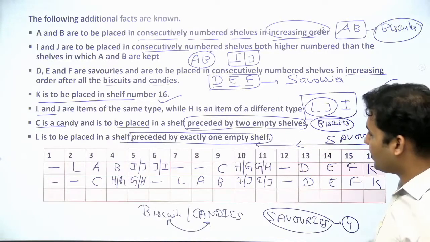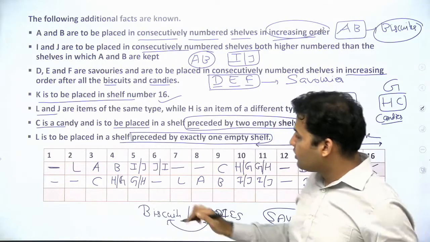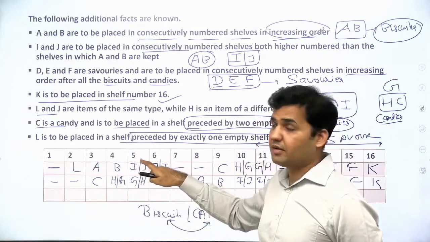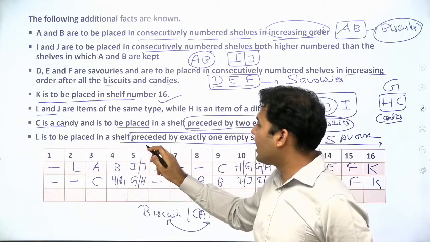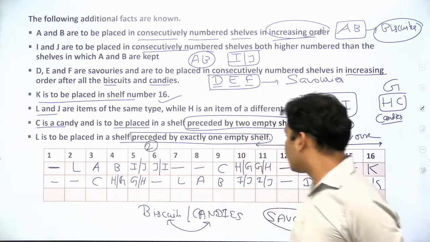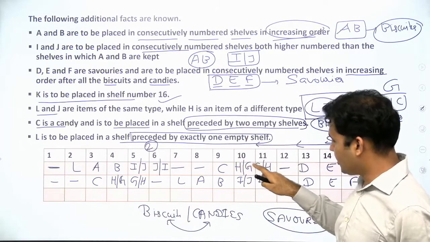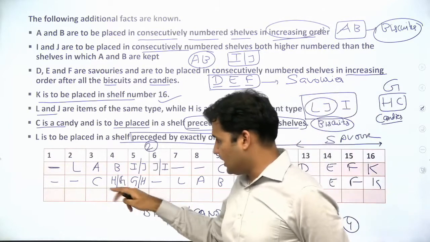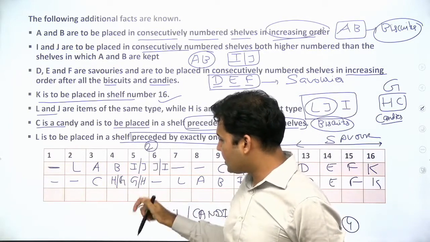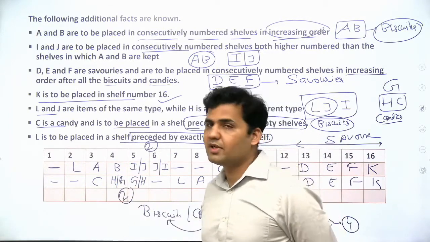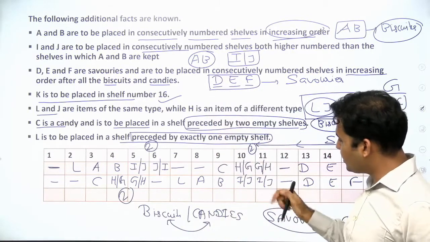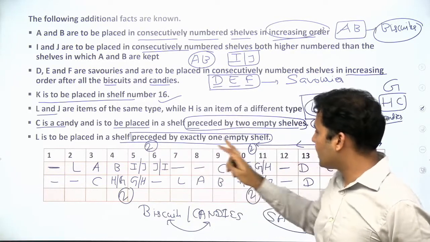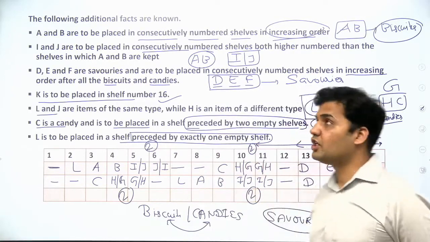Guys, in all the possible cases that we have over here, if I change the position of I and J on shelf number 5 and 6, I will have 2 possibilities. Similarly, if I change the position of H and G over here, I will get 2 more arrangements. In the second case, again, if I change the H and G position, I will get 2 more arrangements. If I exchange the position of I and G over here, I will get 2 more arrangements. So 2 here, 2 here, 2 here, 2 here. Total number of arrangements are 8.